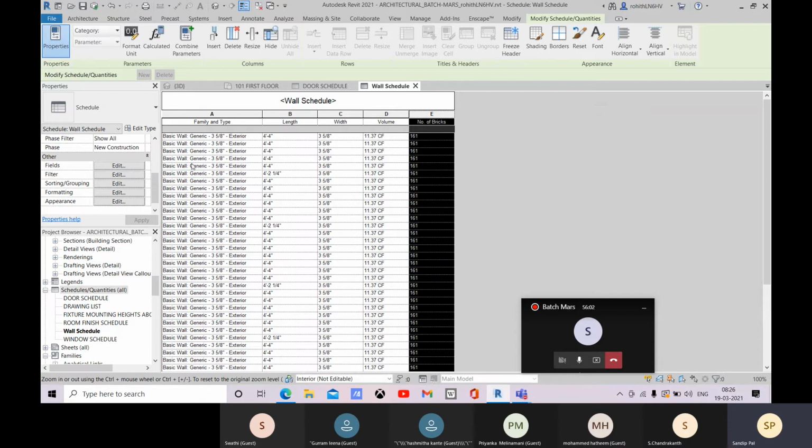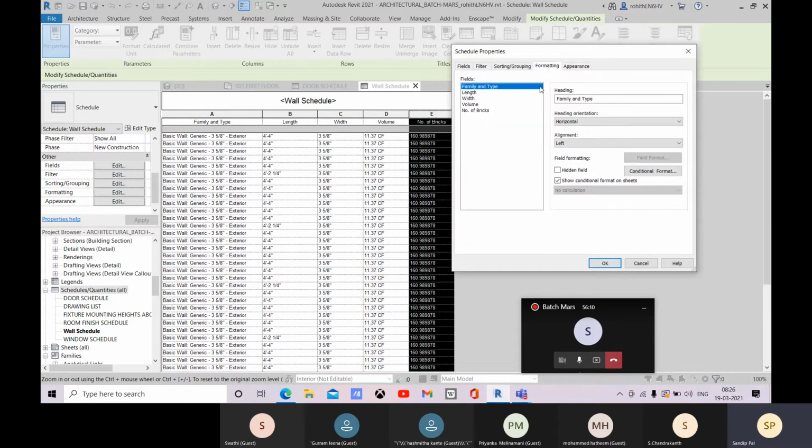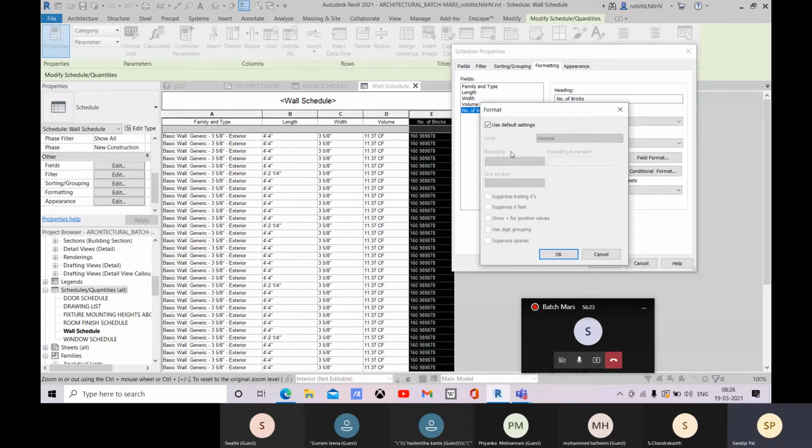All right, so this way you can do this, or else you can come to this appearance option, or rather this formatting, come to this number of bricks, and there you have this field format, and it's the same thing. So you can do this right from here as well.